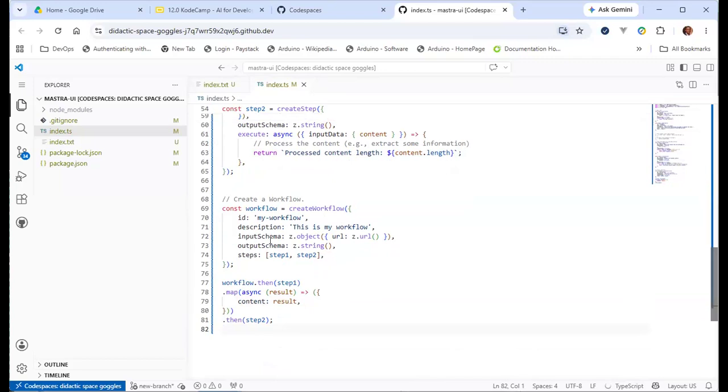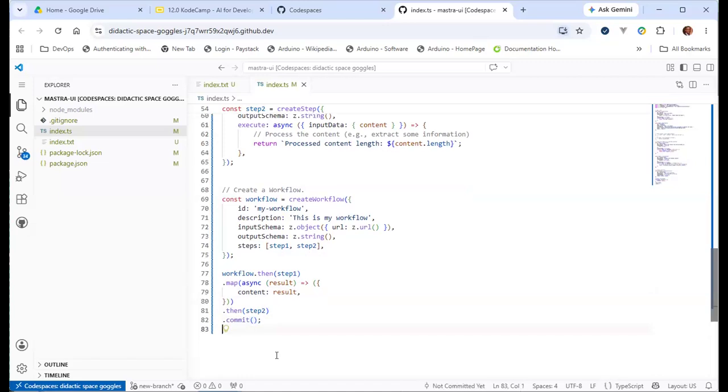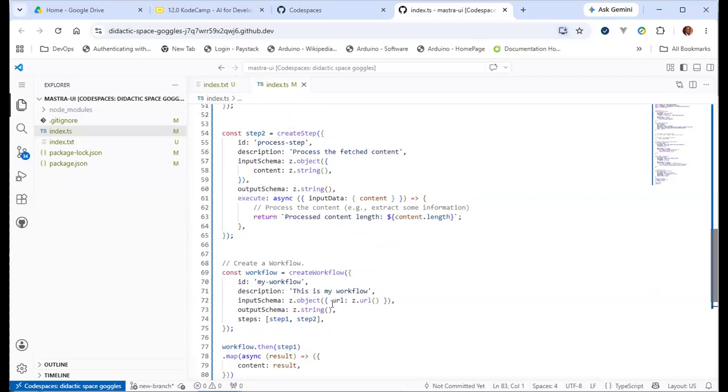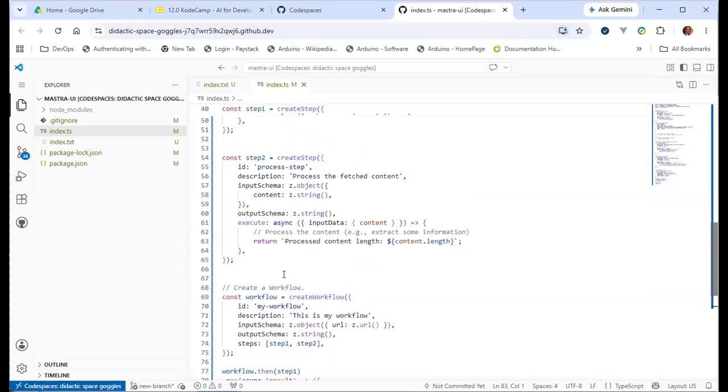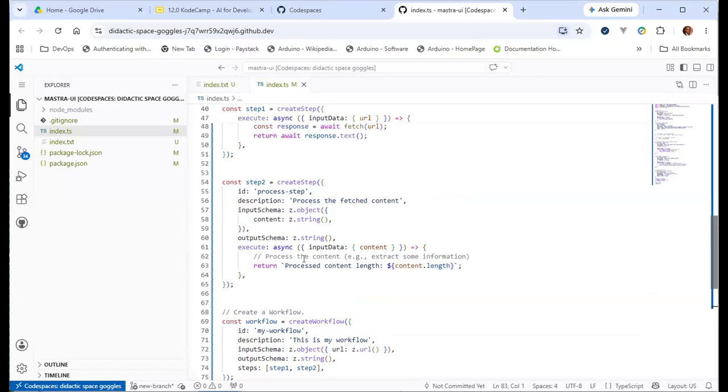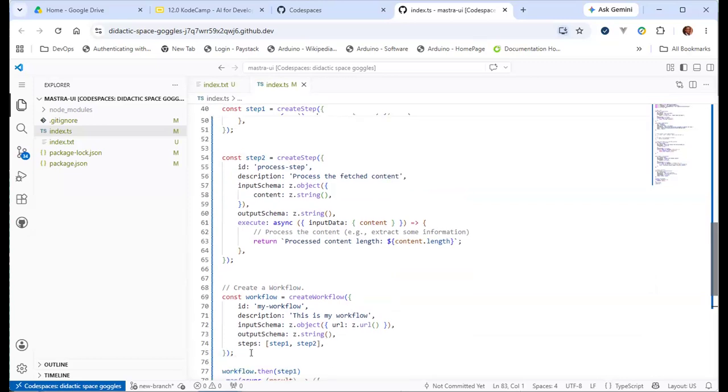So this is workflow. When you are done with all this workflow, there is something called commit to save this, because this one is for dynamic workflows. In a way, what Mastra is doing is that if you use a static workflow where you have steps, you don't need to commit it.